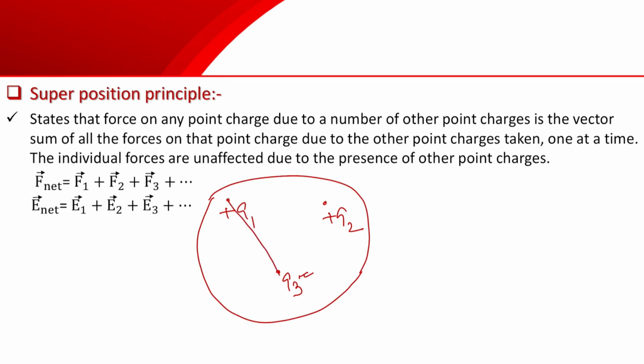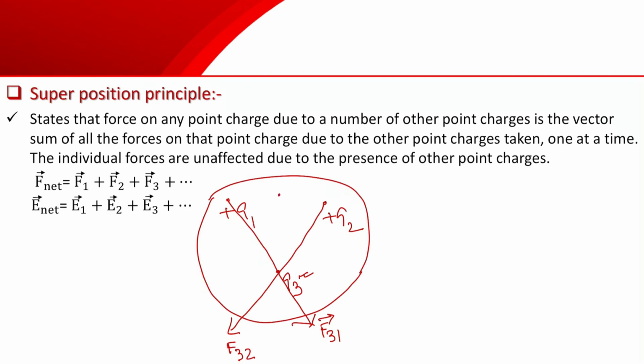So the force on Q3 due to Q1 will be in this direction according to Coulomb's law, and let us name it F31, force on Q3 due to Q1. Similarly, we can write force on Q3 due to Q2,